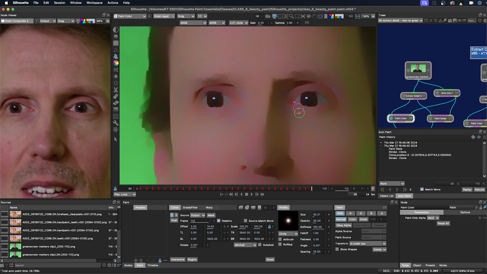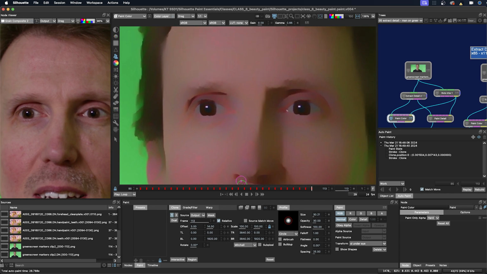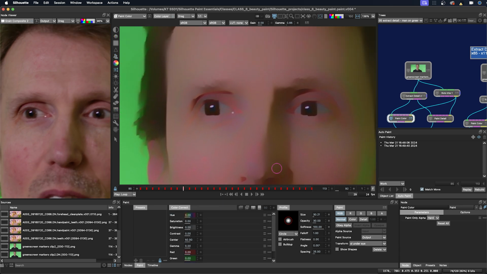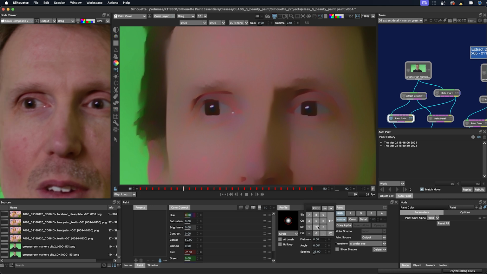Okay, so now let's take a look at above the eyes. It's kind of red up there. So let's see if we can reduce some of that redness. So I'm going to go to the color correct tool. I'm going to go to my red value here and just try like a -2 and see what that looks like. I'm just going to do a test stroke here, maybe 50%.